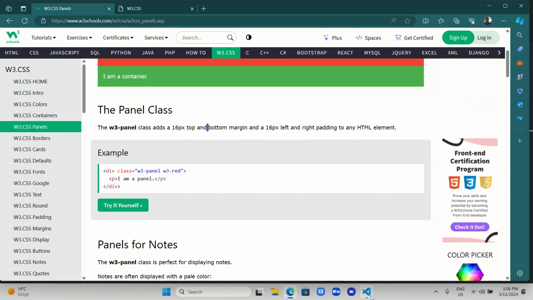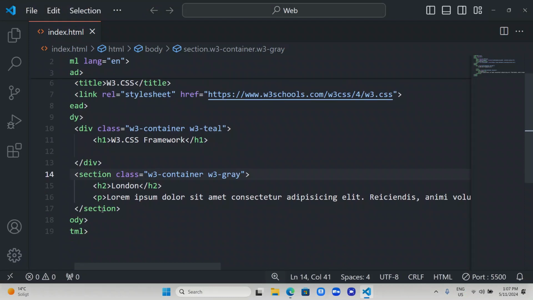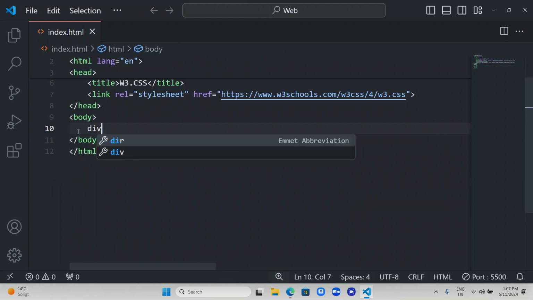So let's go there. Let's create a panel. So let's say I remove this and I create div dot w3 dot panel. Yeah, sorry, w3. We can create